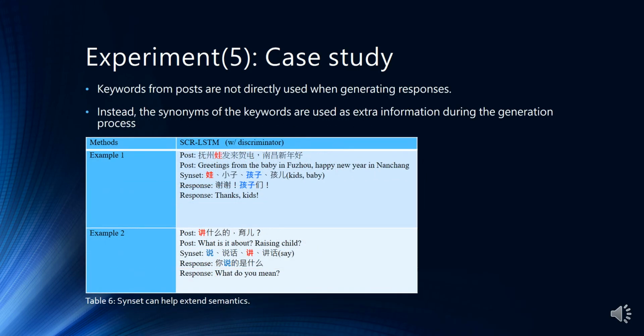Since our semantic guidance is given as a synonym set, we hope that when given a synonym set, it can use different words in the sequence generation. And in the example below, we can find that although we choose a certain keyword from a post, it does not directly use the exact keyword in response generation. Instead, it uses the synonyms of the keyword in response generation.